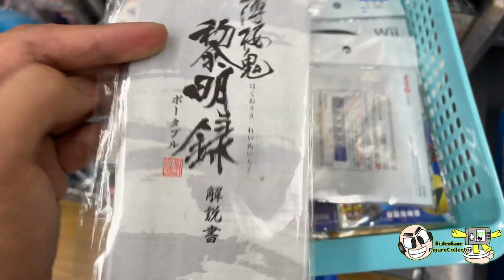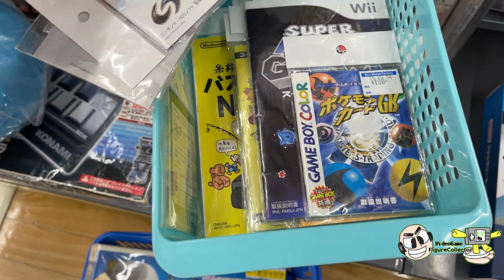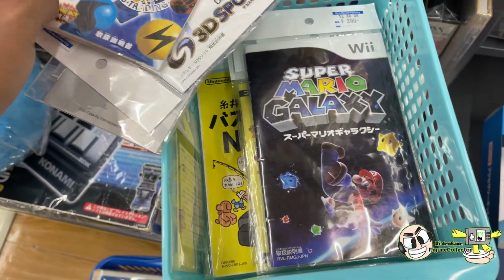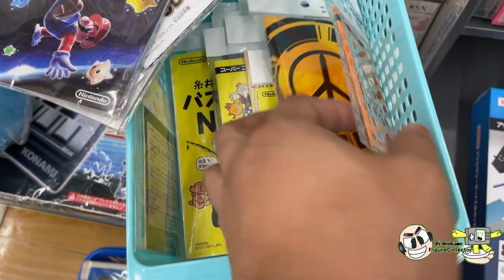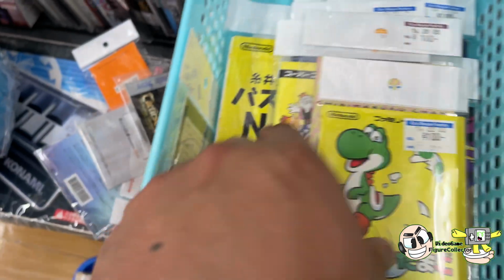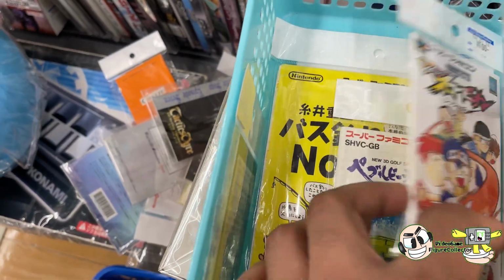They sell this for 100 or 200 yen. These are booklets. If you're missing a booklet on your game or on your console, they most probably have it here. But seeing this is a little bit limited. But if you're just missing it, I'll be picking that up later. Anyway,